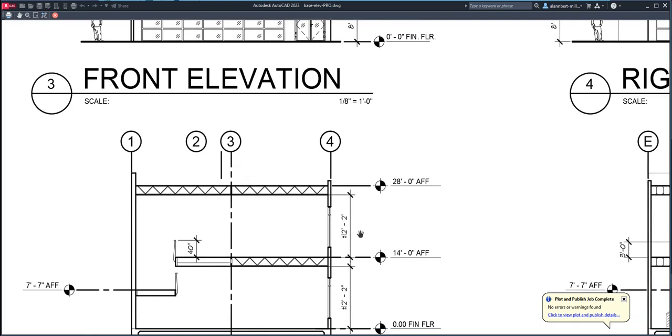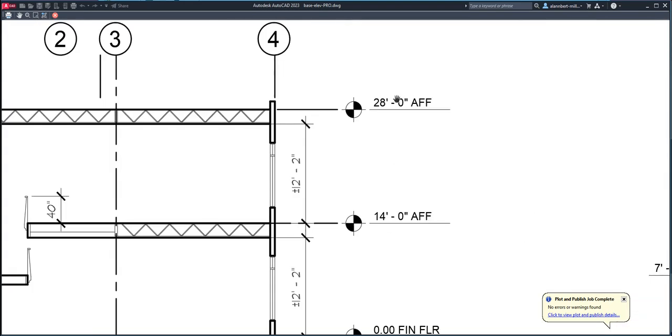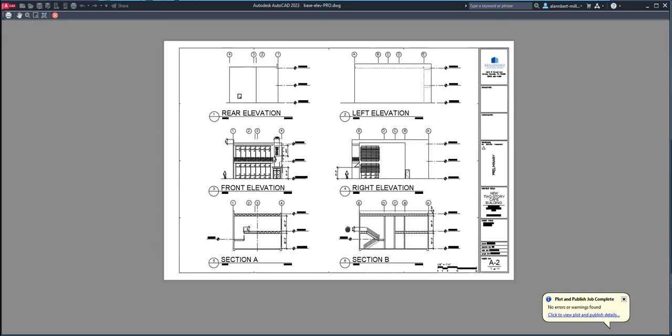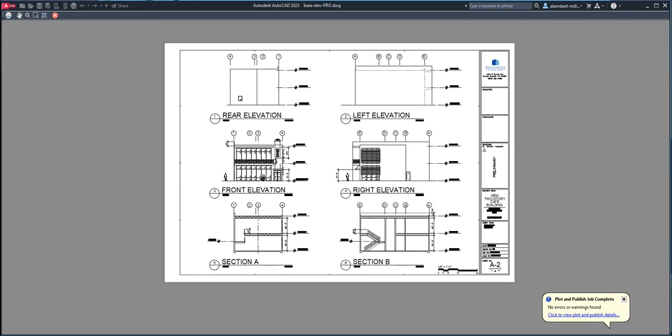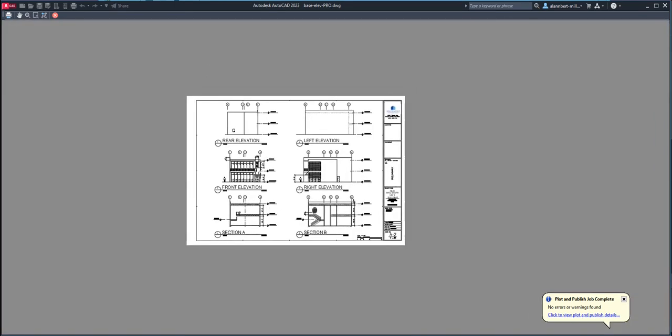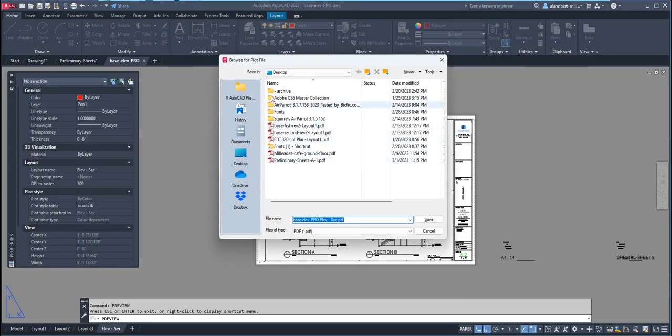Yeah, I got dimension styles. Okay, this text should really be like this, but we'll just leave it like that. It's just a style anyway. I do have some corrections to do here. Okay. Anyway, once you're done with that one, you click print and then go to your desktop, and then type in or click your preliminary sheets,